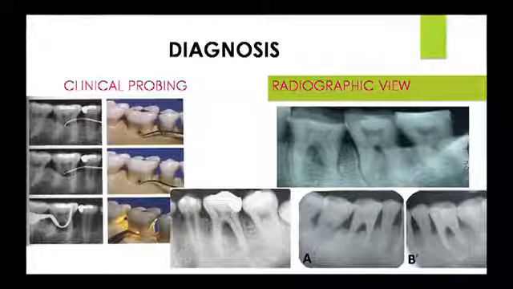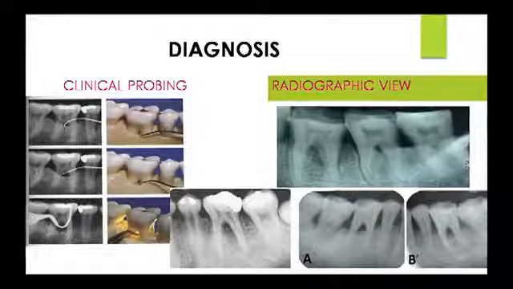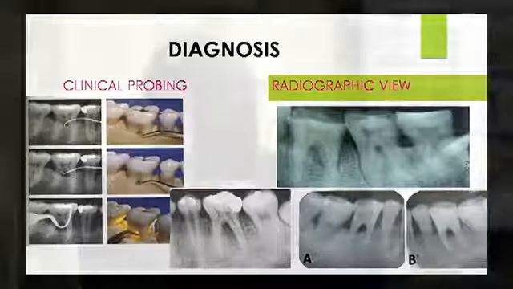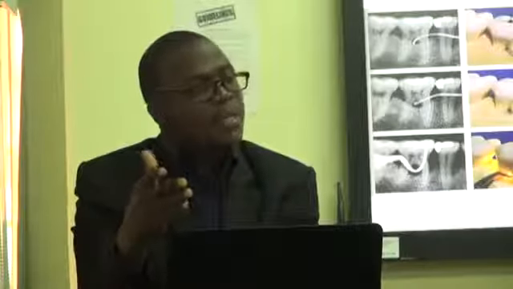Most importantly, it should be a probe, not an explorer. You don't want to cause harm to the soft tissue, but at the same time, you want to enter and see how far this probe can go, because it will give us a direction in terms of the depth of the furcation. It will also help us classify how much destruction has happened, so that we can know whether we are dealing with a class 1 furcation or a grade 4 furcation. So the hand has the tactile ability to tell us much of this information.